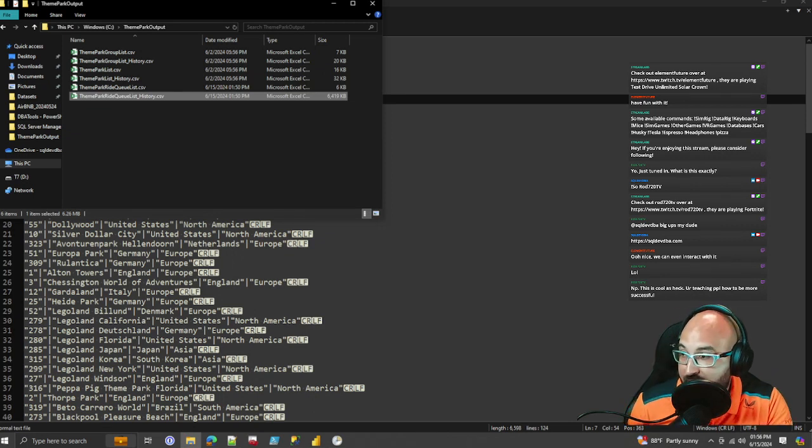So let's take a look at these files. To do that, I don't want to open this very file. What I want to do is make a copy of it so I can interact with that copy instead, because remember, we still have a process running in the background every 10 minutes that's giving us this data. I don't want to mess with that. I don't want to cause any errors. So all I have to do is copy this one and paste it, and it'll paste a copy of it. That copy is what I'm going to open. So I'm going to right click on that